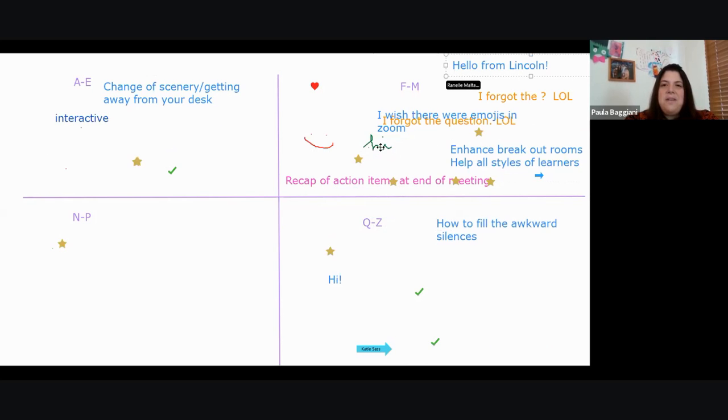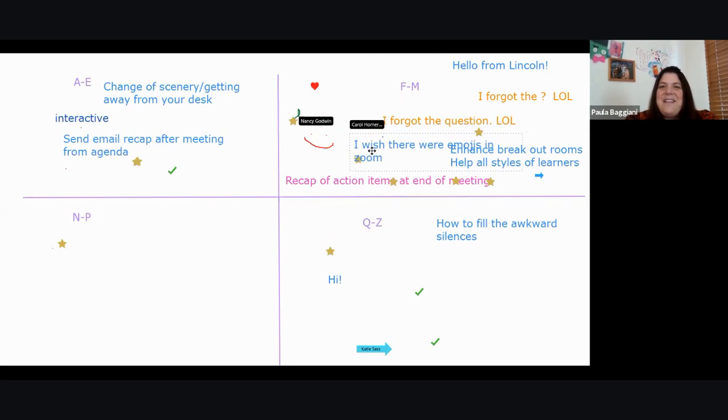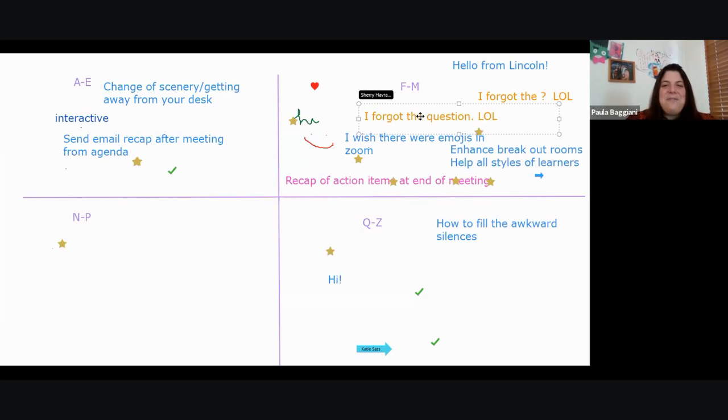Hello from Lincoln. Hello. Someone did handwriting. So Nancy, thank you. I love the different colors on here. And again, this is just utilizing different senses. It's something different that we're not used to on a regular basis when you're in a meeting or in a classroom. It's different, it's bright, it's colorful, it's us contributing, and it's us contributing in a way that we're doing